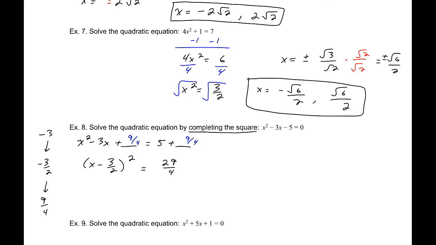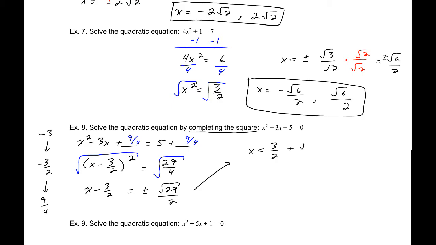Now, it's a square root equation, so I'll take the square root of both sides, so that my equation is x minus 3/2 equals plus or minus root 29 over 2. Now, adding 3/2 to both sides, my solutions are going to be x equals 3/2 plus root 29 over 2, and 3/2 minus root 29 over 2,